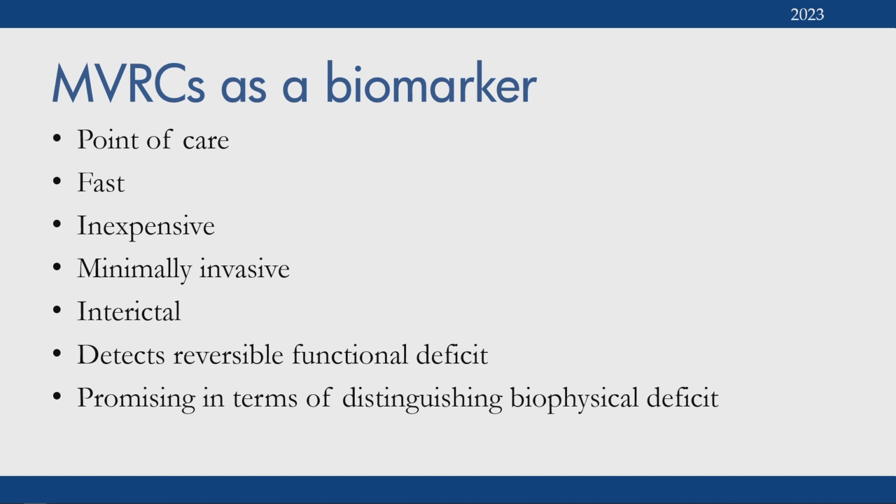So MRI is a really important biomarker now in neuromuscular disease, but for the mainstay it relies on measuring muscle fat infiltration, which we believe is irreversible. And so I think that they are promising, and I think they are promising in terms of distinguishing the different biophysical deficits. But